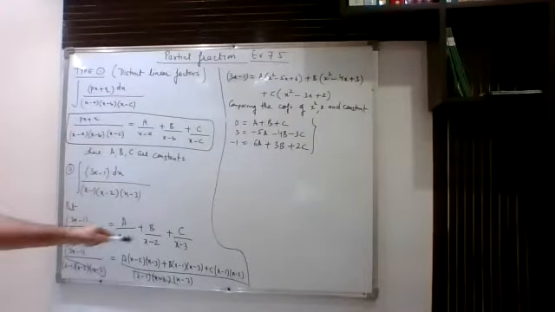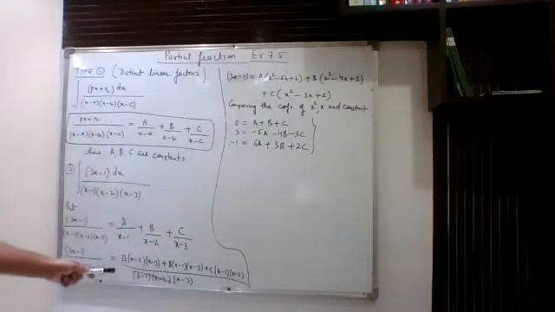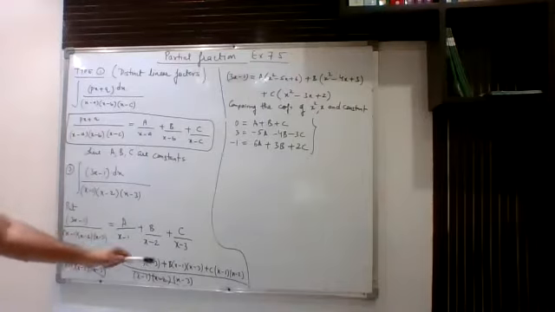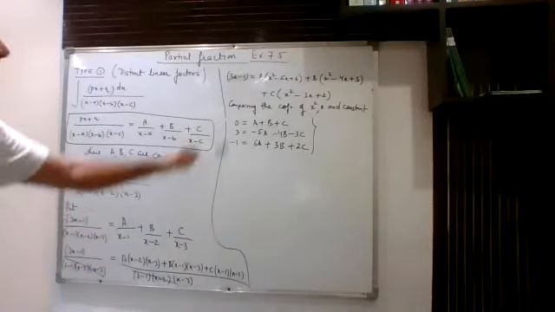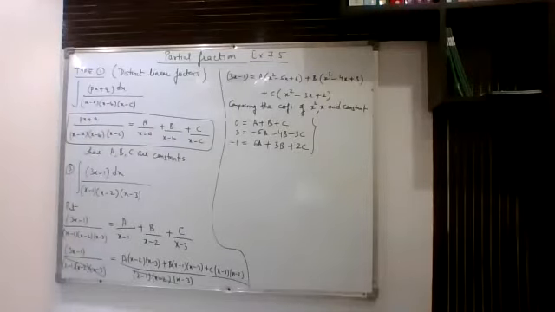This is as per the substitution we had substituted. After that, we had taken simple LCM. After taking LCM, I had just multiplied these brackets. So after multiplication, this is what we are getting. Now we want to get the value of capital A, capital B, capital C. So we want to get three equations. So that is why I'm saying comparing the coefficients of x square, x and constant.